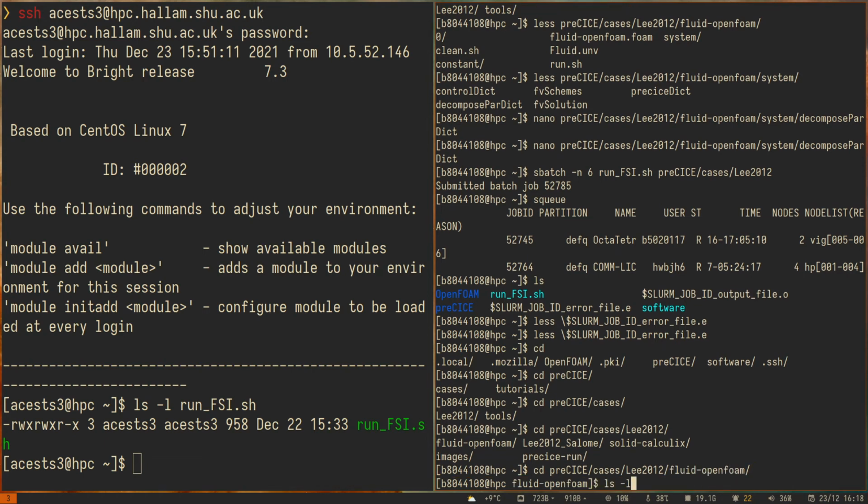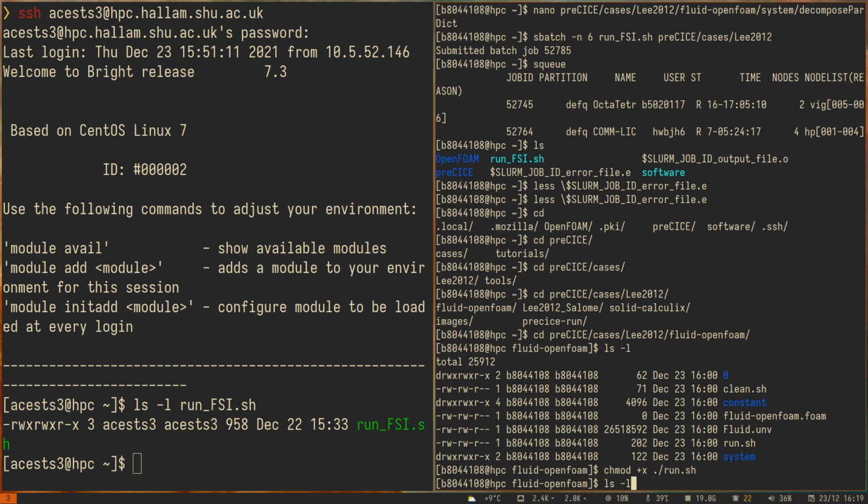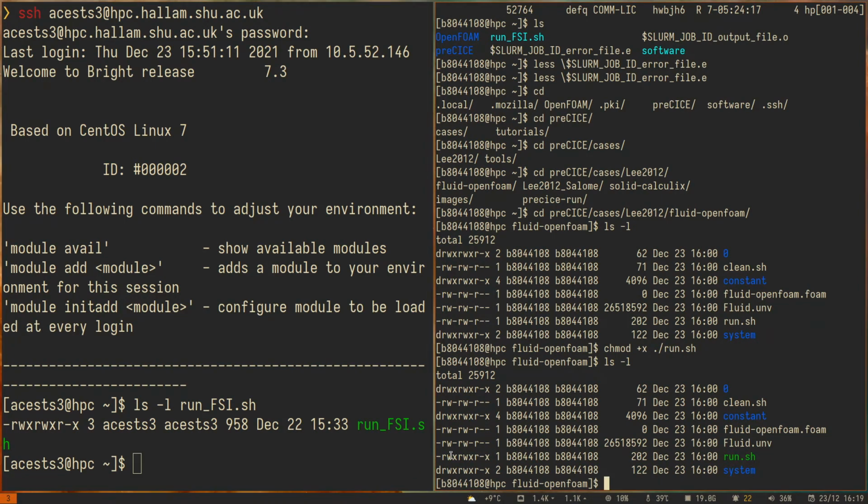So let's have a look. ls -l. Yeah, you see run.sh does not have the x here, which would be the executable bit. So to change that, we do chmod +x ./run.sh. And now when I do an ls -l, we do have these executable bits. This seems to be something that FileZilla changes, because definitely on the case that we copied over, it did have